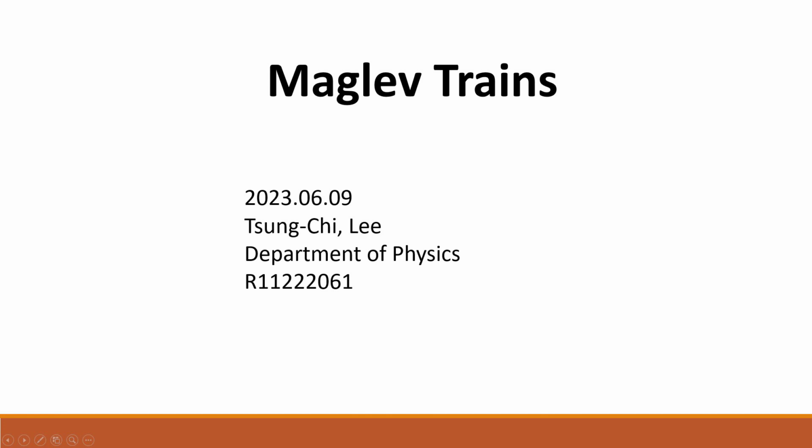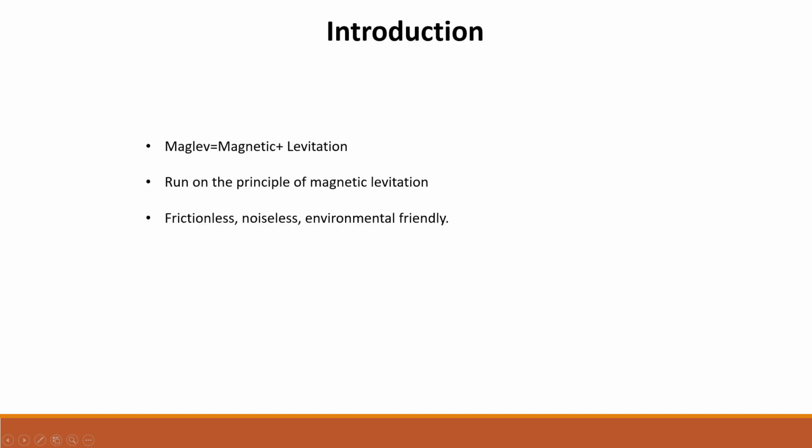My topic today is going to introduce some principles and applications of modern maglev trains. First, we have to introduce the name and meaning of maglev. Maglev is the combination of magnetic and levitation, which means that if there is something with maglev, it can move